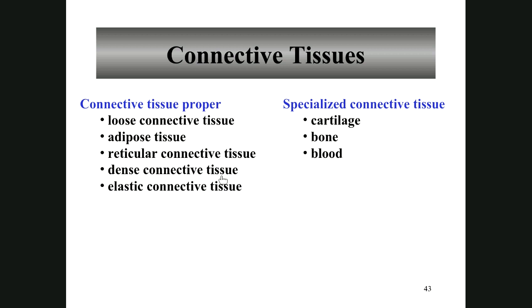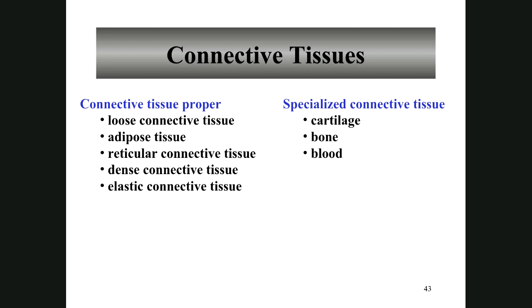Elastic connective tissue, usually these types of tissue have elastin that gives it stretch. So your blood vessel, particularly artery, has a lot of elastin tissue. The lung has elastin tissue, stretch, inflate, deflate, elastic tissue. Adipose tissue is fat. The reticular connective tissue, I would say that,